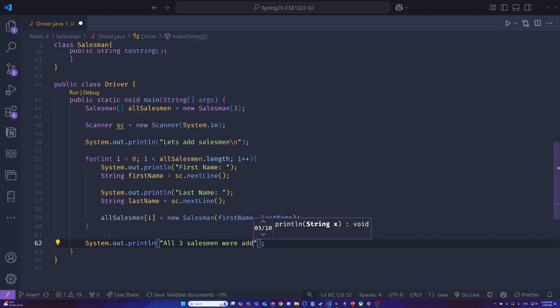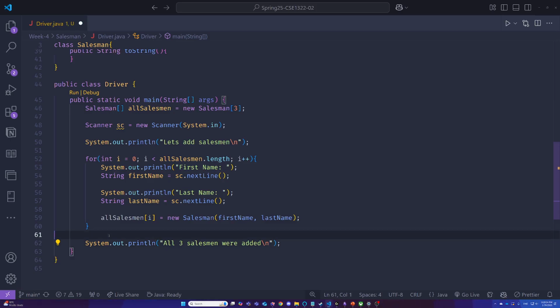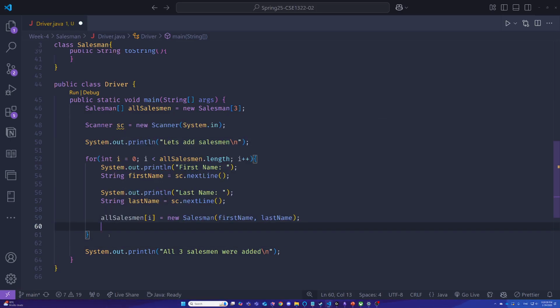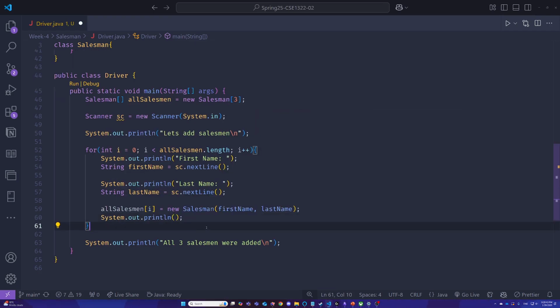were added, and let's add another extra new line. Yeah, so this is just formatting, so we have everything separated by lines, so we don't have everything